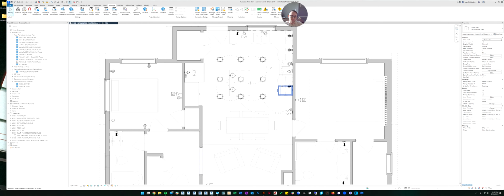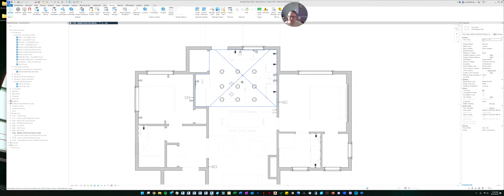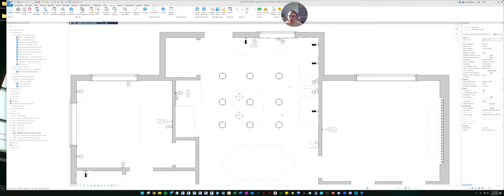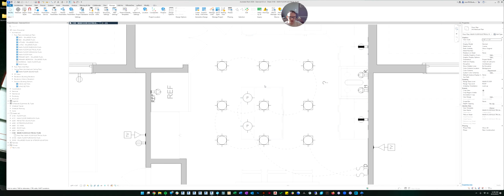All right, and that's it. Actually, let me point something else out. Something to keep in mind. If you remember when we were putting the outlets on, we chose the outlets that are hosted to the wall. You might come to a point where you want to put outlets on the end of your island because islands by code have to have outlets on them.